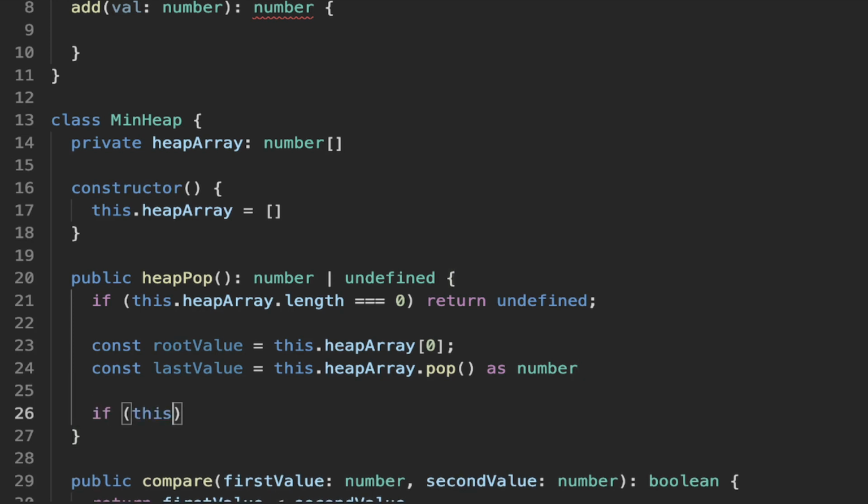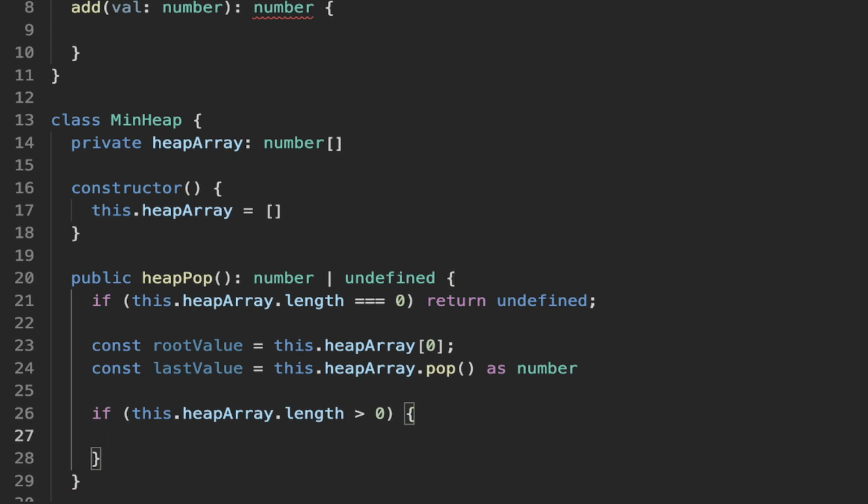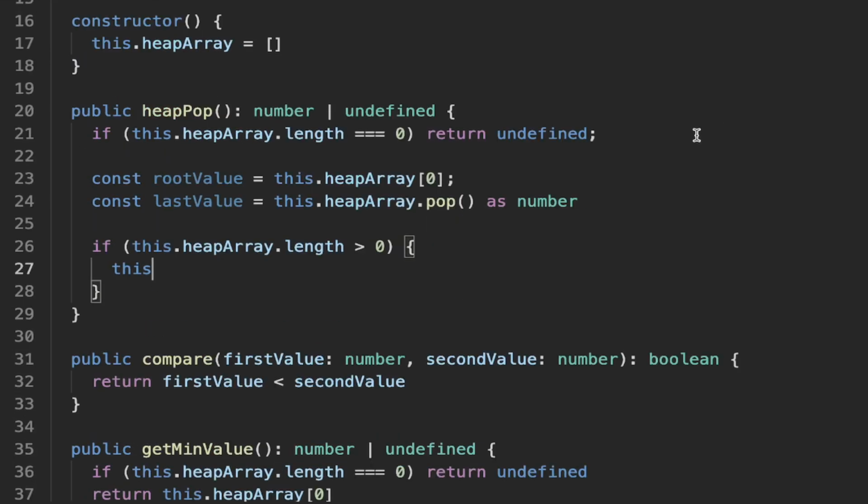And then we want to take the heap array, and if it has a length greater than 0, we want to get the heap array in that first position there, and set that equal to the last value. So we've just swapped the last value with the first value,